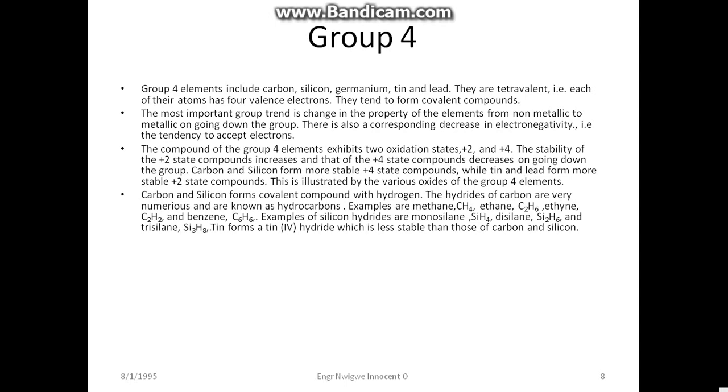SiH4, disilane Si2H6 and trisilane Si3H8. Tin forms a tin 4 hydride which is less stable than those of carbon and silicon. Carbon does not react